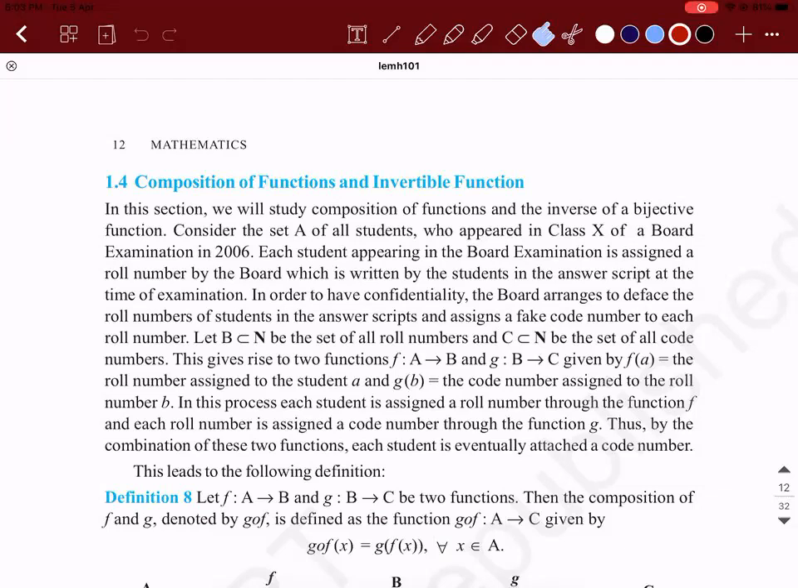And followed by which we'll go for composition of functions and invertible functions. Last exercise of this chapter. I'll tell you. Just give me 5 minutes time. In the meanwhile,